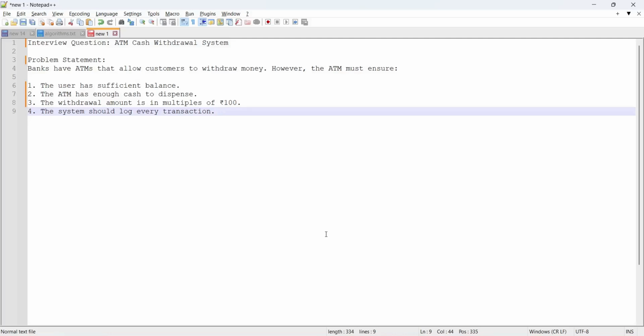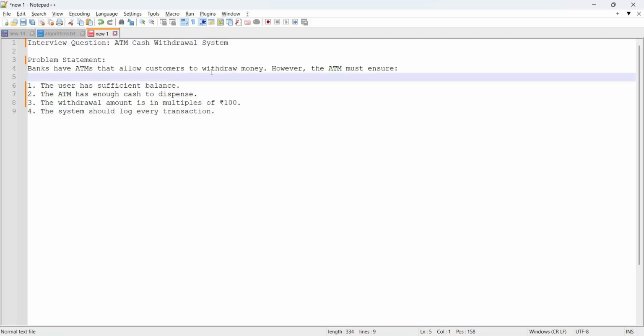Today I'm going to discuss one of the problems that I encountered multiple times during interviews. The interviewer asked me to write the logic for an ATM cash withdrawal system. The problem statement is that banks have ATMs that allow the customer to withdraw money, but